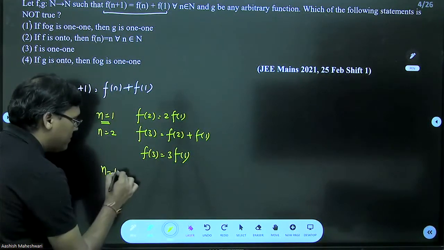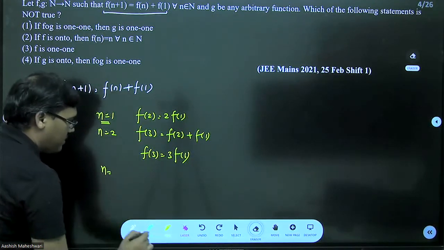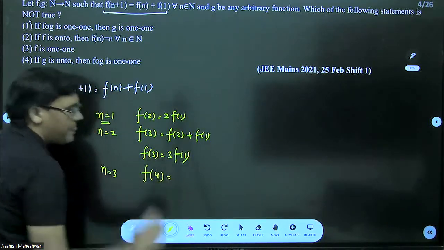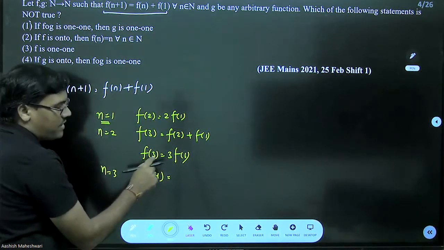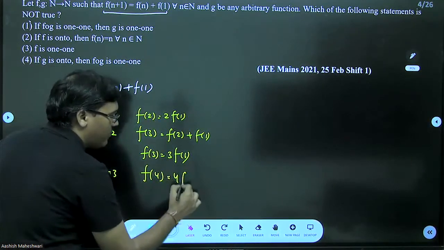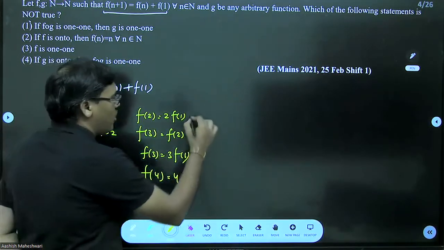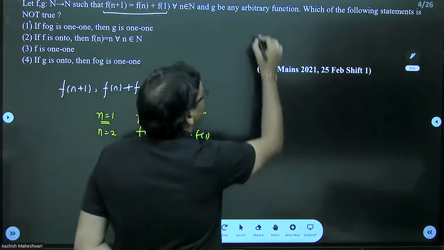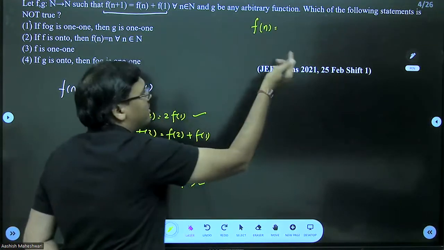Let's say I put n is equal to 3. You can see here, this is f of 4. F of 4 will be equal to f of 3 plus f of 1, and f of 3 is 3 f of 1. So you can see this is 4 f of 1. If you just observe, f of 2 is this, f of 3 is this, f of 4 is this. So can we say f of n, or f of x, you can say f of